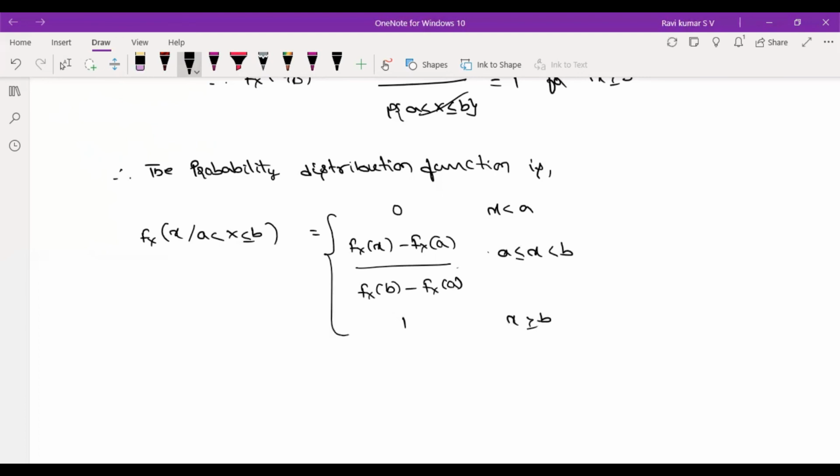So this is the final expression for the distribution function for the given conditional event B, and the corresponding density function is taken